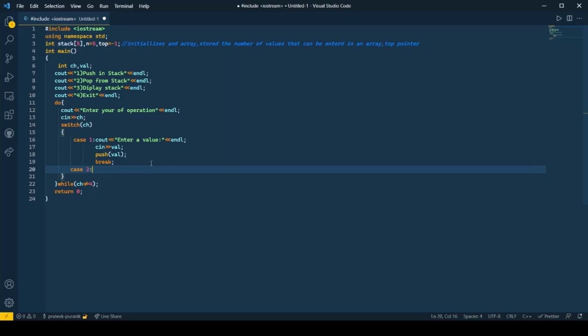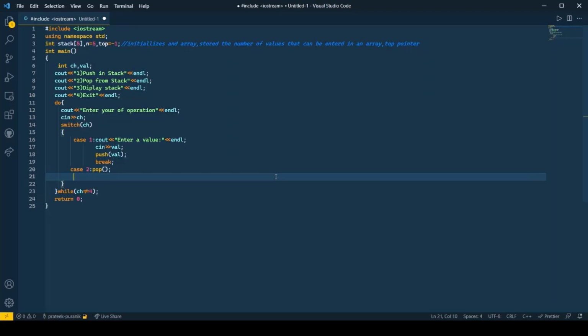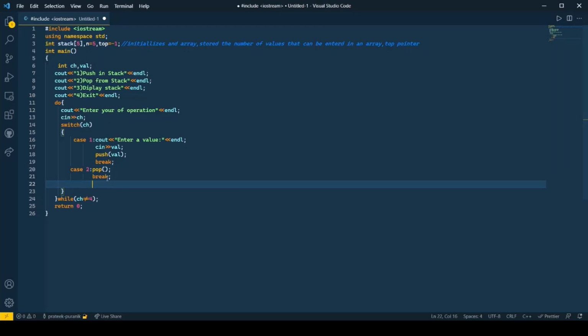So in the second case, we're performing the pop operation. The pop operation does not require a value, so we would simply call the pop function. Since we are just simply popping a value from the stack, there is no need to supply any value to the pop function. Then we would call break and move on to the third case.